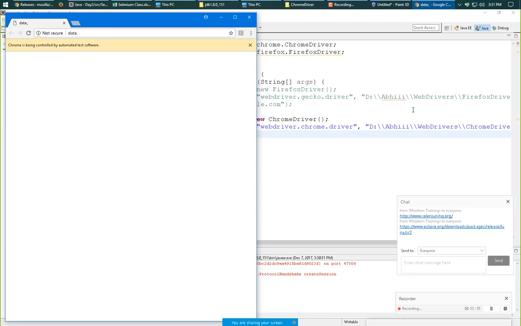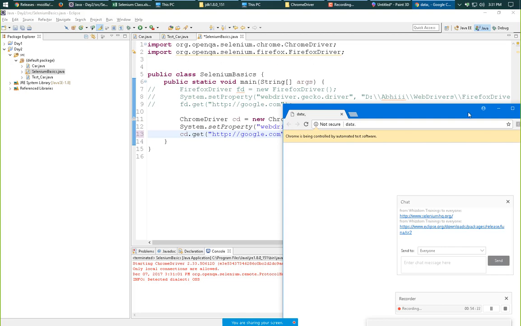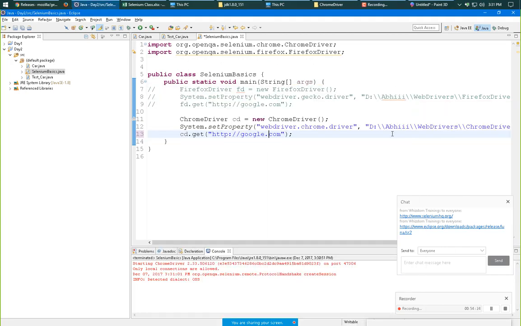I have not asked the driver to open any website, so it is not opening any website. So if I do cd.get and I give http google.com, I'll just close this window, we don't need it right now.